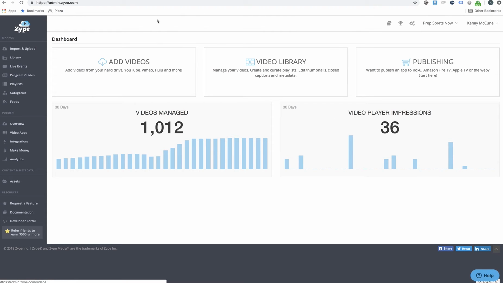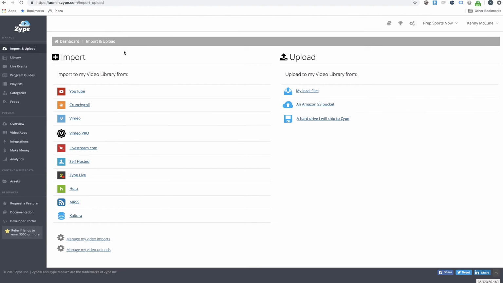We are taking a look at how to add videos to Zype. We're not going to look over every part of how Zype functions, but we're going to get the basics down at least. You come in here to import and upload if you need to add a new video, and you can add it from any of these other sources, but typically at this point we're going to be uploading it